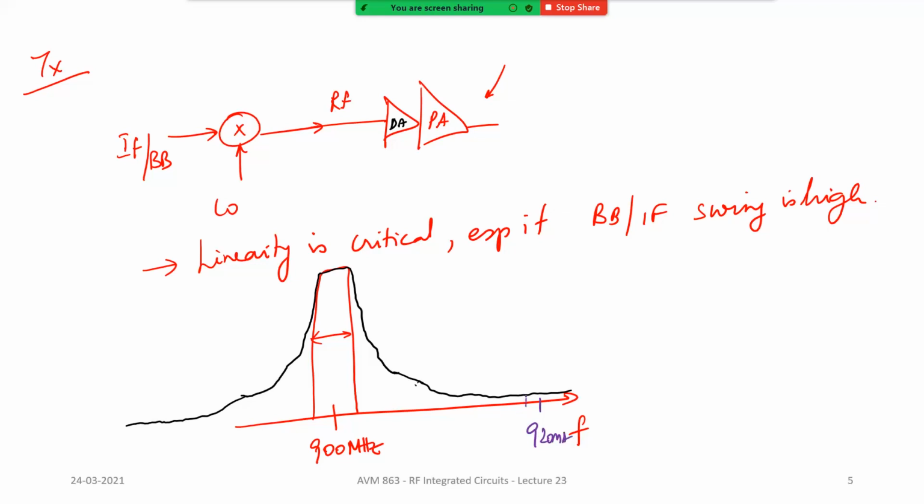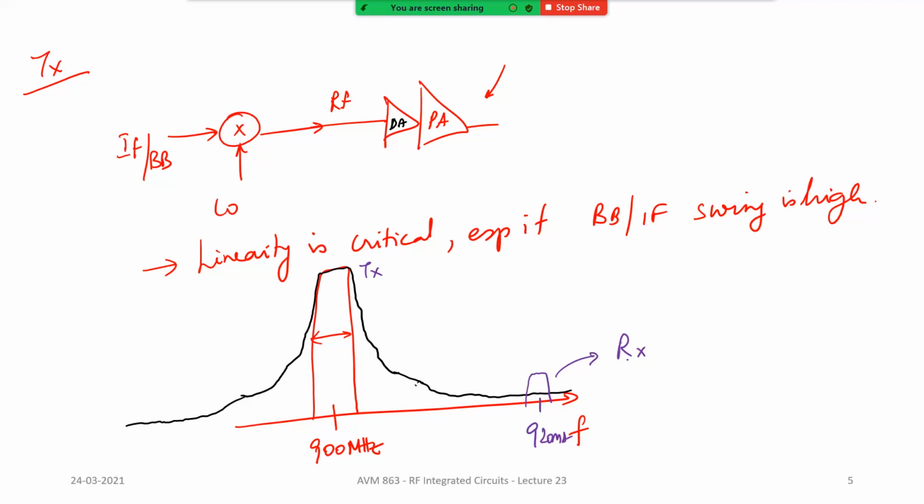Let's say there is one band here which is actually a receive band. Let's say this is a TX band, this is an RX band. What is a TX RX band? Basically, many of the systems are time domain duplex. Some of the systems are TDD, but some of the systems are FDD, especially in 4G communication, LTE, LTE advanced, and all that. You do have some bands where there are frequency domain duplex systems. Okay, and so what happens is the receive band noise becomes critical.